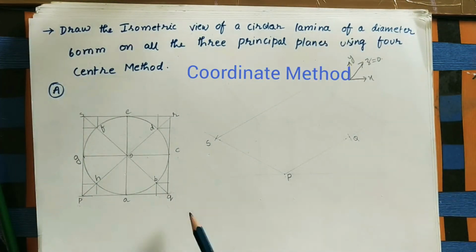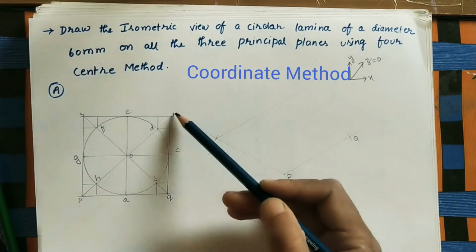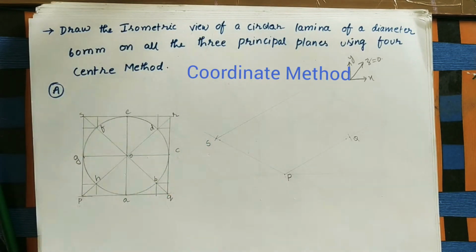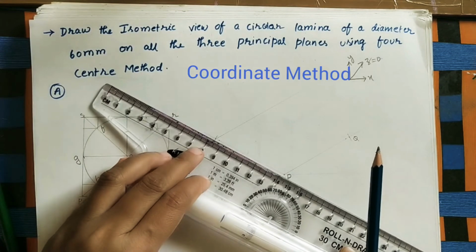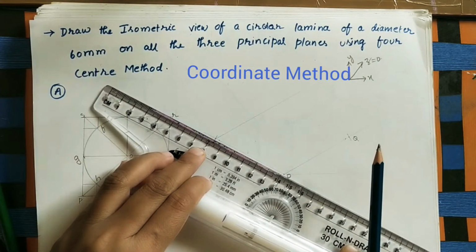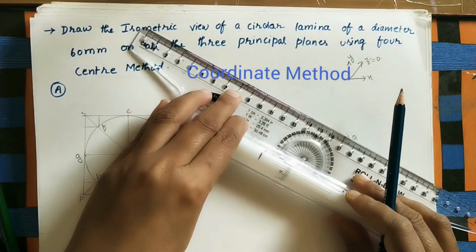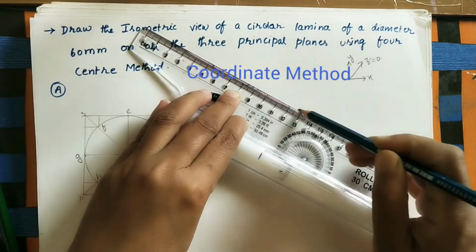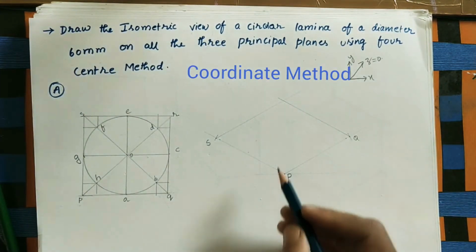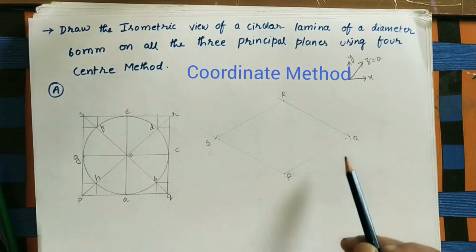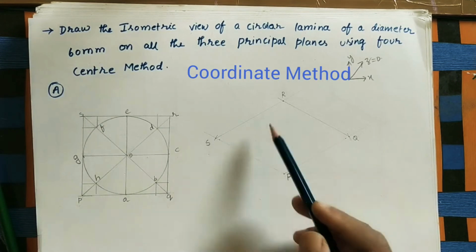Okay, and here at Q, do QR line. This QR line is parallel to PS line. Okay, so keep the scale here, on the PS line. So at Q, do the parallel line. Move the scale in this direction up to Q. Do the line here. Okay, take the intersection point as R point. Here we got PQRS like a rhombus.